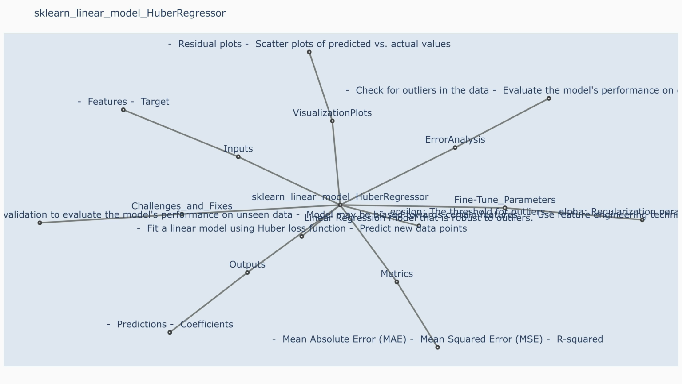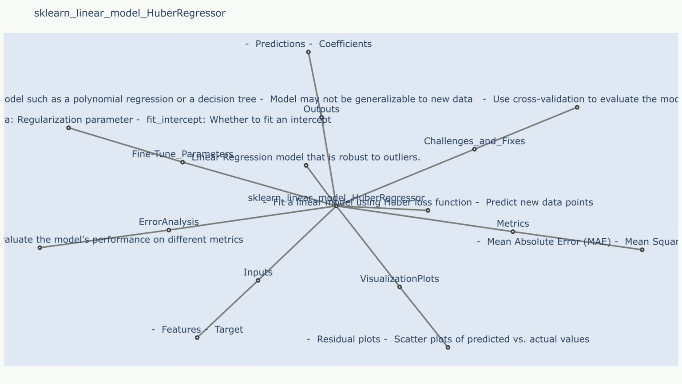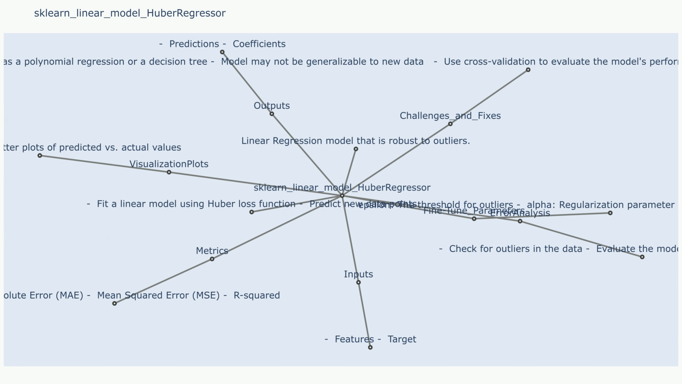sklearn, linear model, HuberRegressor. Description. The HuberRegressor is a robust linear regression model that combines the best of least squares regression and least absolute deviations regression. It is less sensitive to outliers in the data than least squares regression, while still providing a relatively smooth